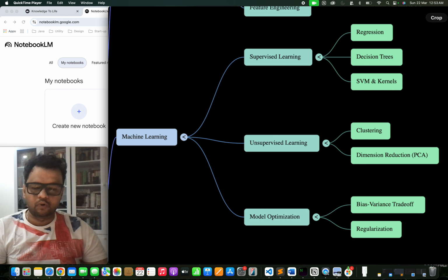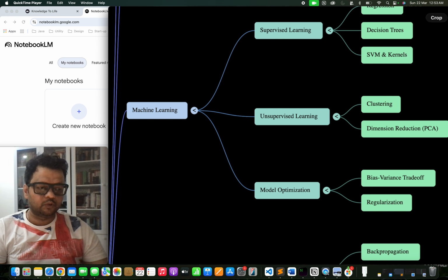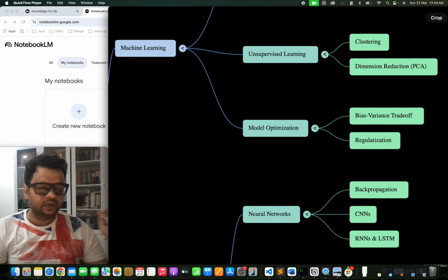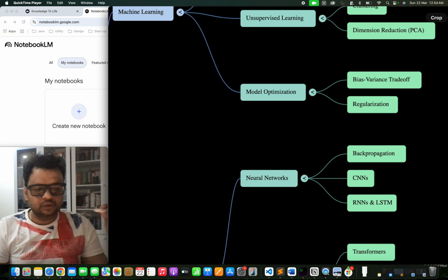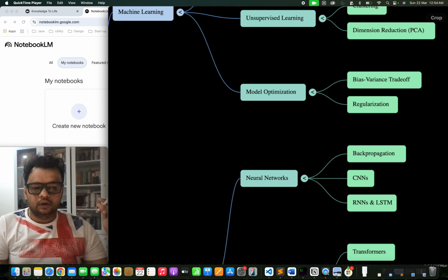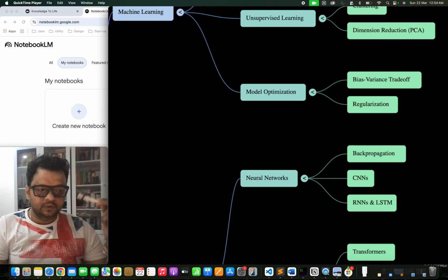I can cover a lot more than what is mentioned here, but this is just an idea of how we will be going. In unsupervised learning, we're looking into clustering. We're looking into how we solve problems using PCA, principal component analysis. Then we'll move on to model optimization, where we'll learn about bias-variance trade-off and regularization, a very important tool set for machine learning, real-time model performance tracking, okay. How to leverage these concepts to make your model more robust, okay, and get away with a lot of